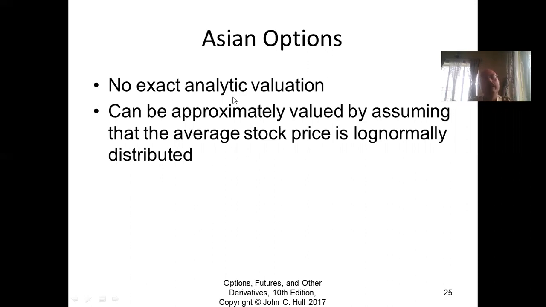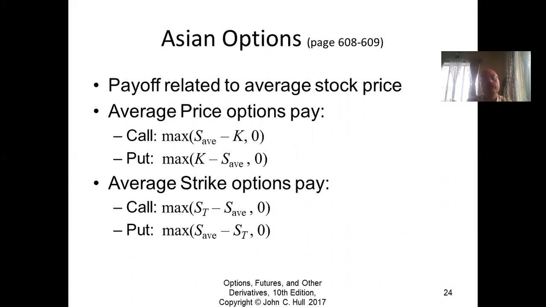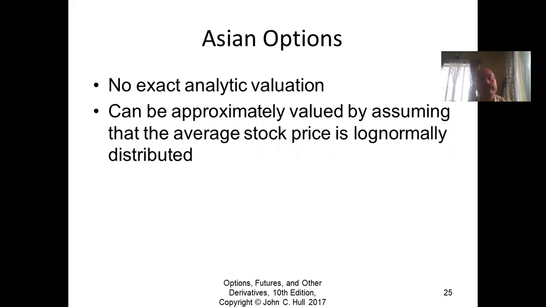But to handle the Asian option, we keep the assumption that even the arithmetic average is log normally distributed, and then we do the analytical valuation. That's why it is not exact, but approximate. The approximation is in the distributional assumption. So is this clear? The Asian option depends on the average stock price, and the pricing is not exact, but comes with an approximation through the log normality assumption. Is it okay?